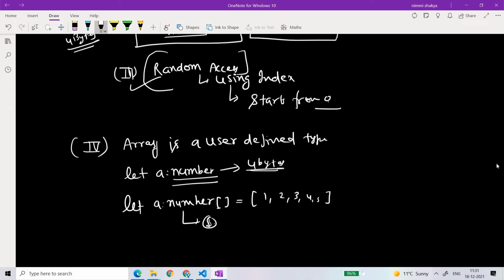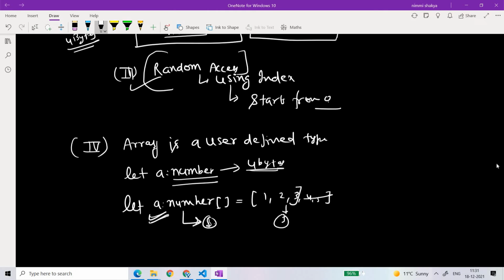But if you have declared it for 3, then memory for 3 will be allocated. How much memory it is going to occupy is decided by you, the programmer, right? And that is why, when you decide what the size in memory will be and how it will be accessed, these are things decided by you. So that is why it's a user defined data type.